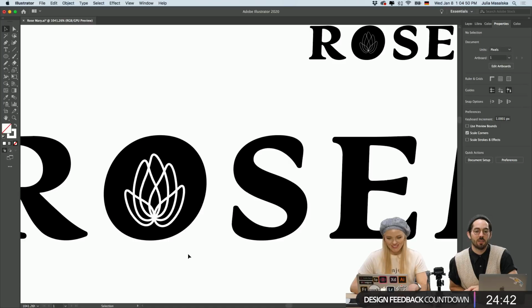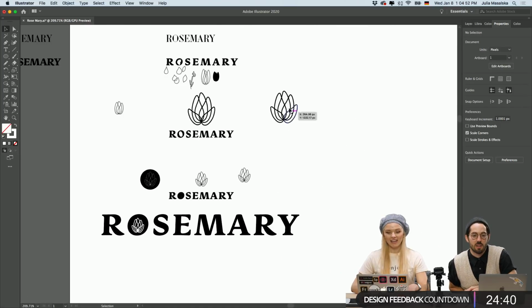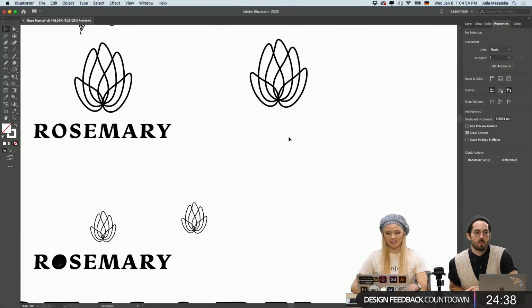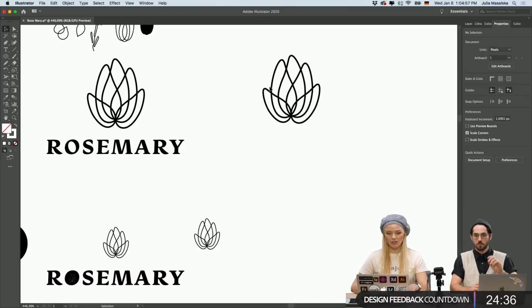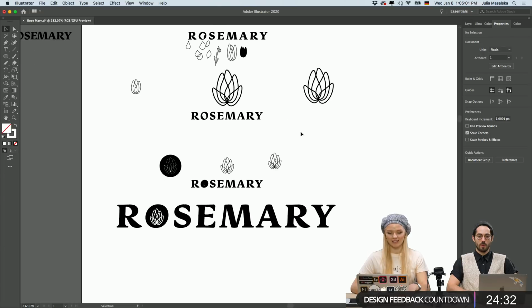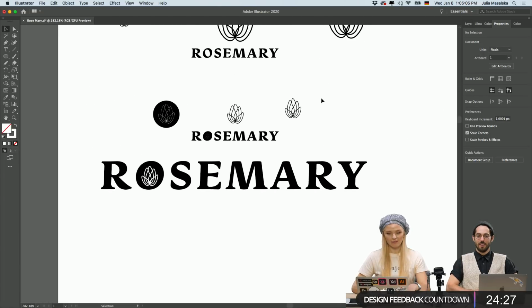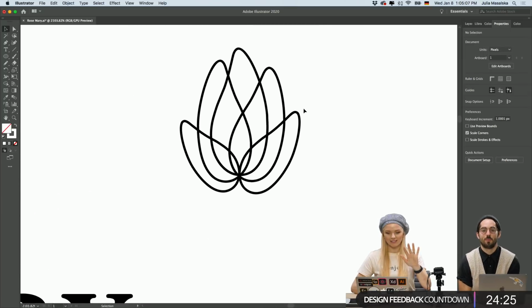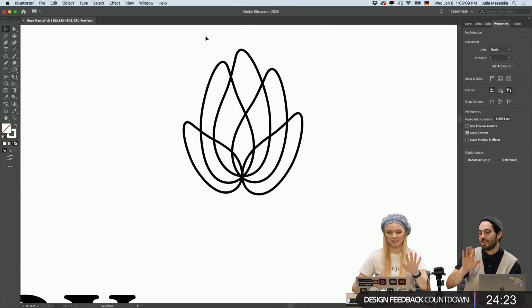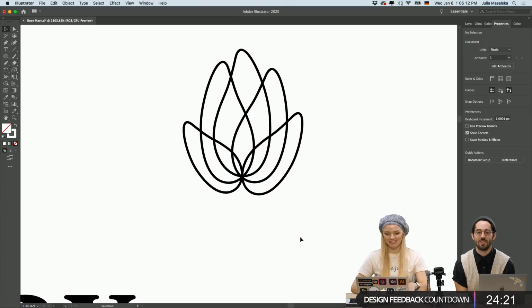Some people in chat are saying it looks kind of like a lotus flower, which I think it does, a little bit. But it also kind of reminds me of a tulip, actually. That's true. It also kind of looks like hands in some way. Oh yeah, five fingers, right? And one of them is shorter than the other. Yeah, kind of. True. Just a bit.